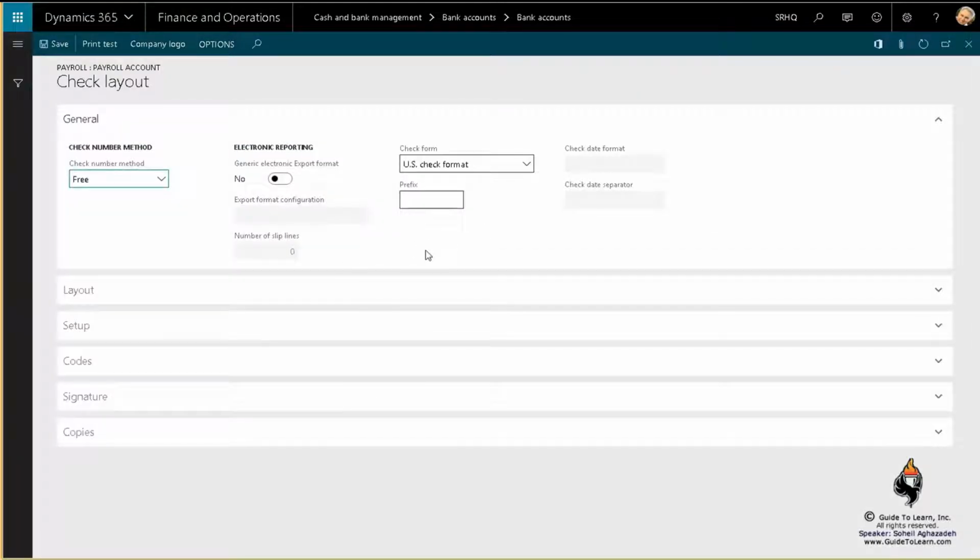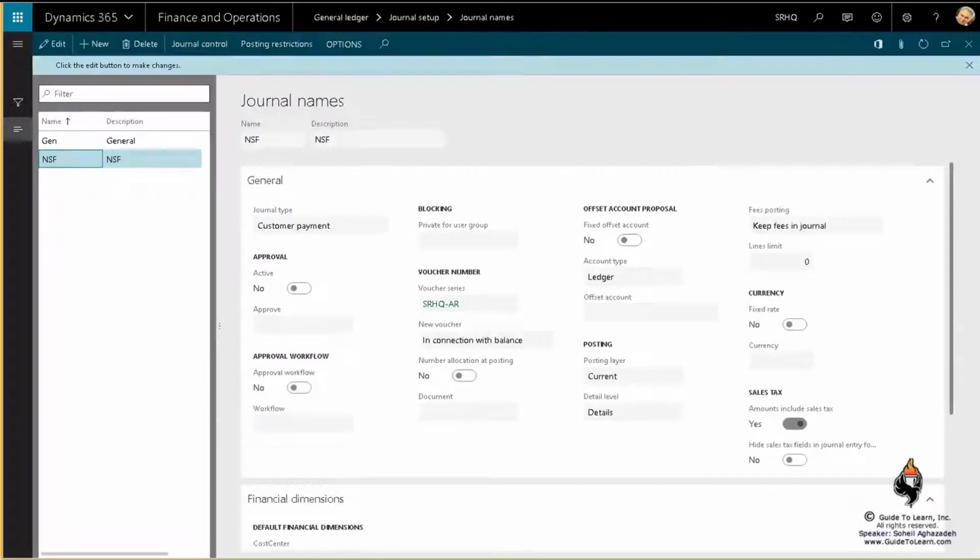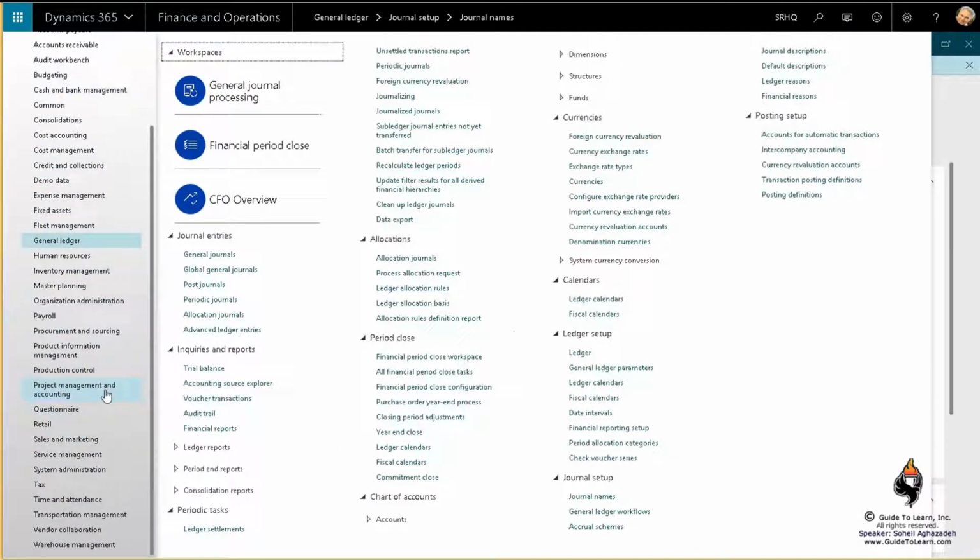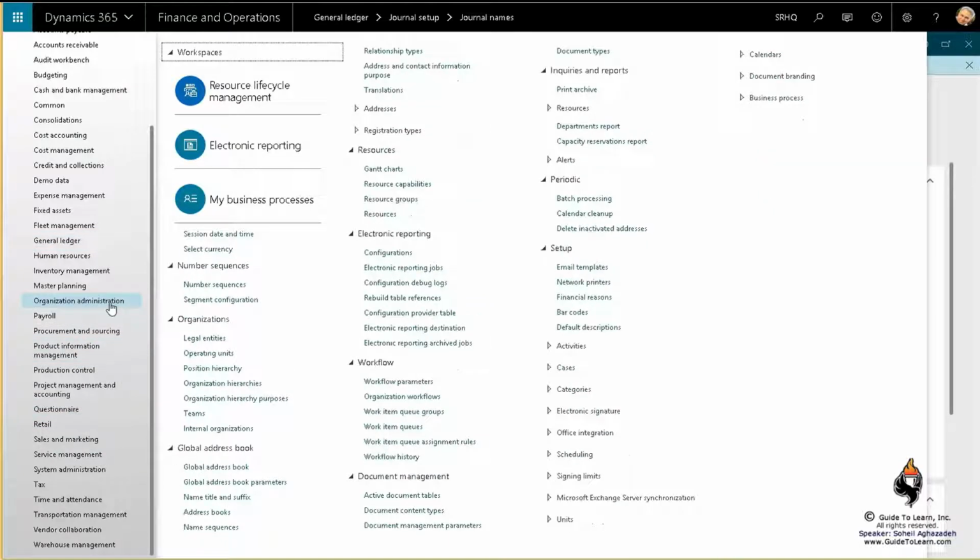There's a new concept, they call it electronic reporting, and I'd like to have your attention here, which is outside of the scope of our conversation at this time, and it's a bit more advanced. If I go to organization administration, there's electronic reporting. Without having any customization, using XML elements and schema, you can convert series of different values into a different form, and as we discussed way early,